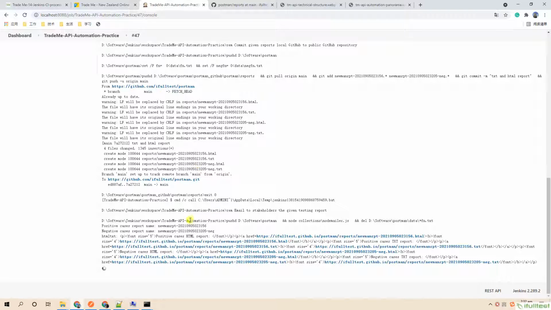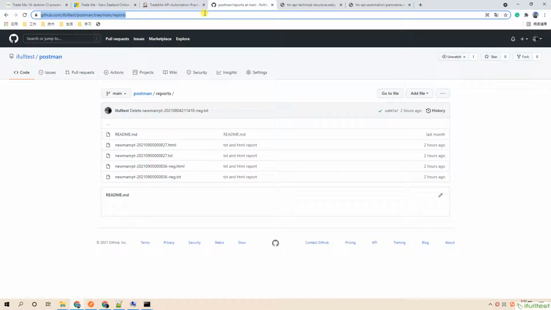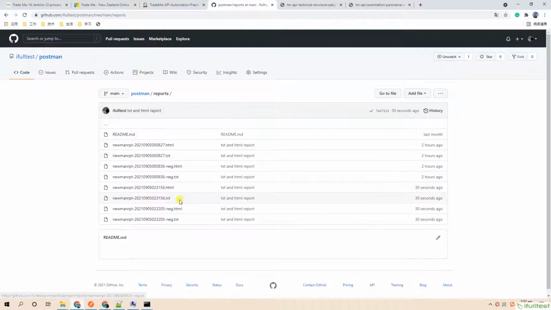Then we wait 60 seconds to send report URLs to stakeholders through email. See, the report files have been uploaded to remote GitHub. Then we check from email.